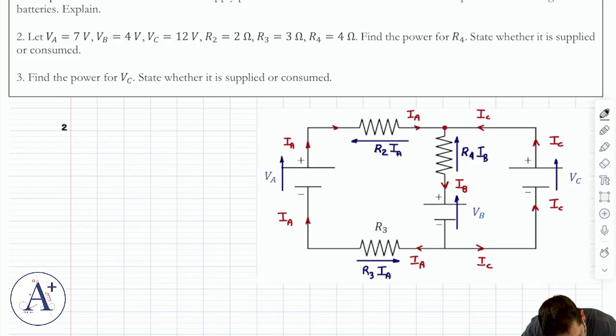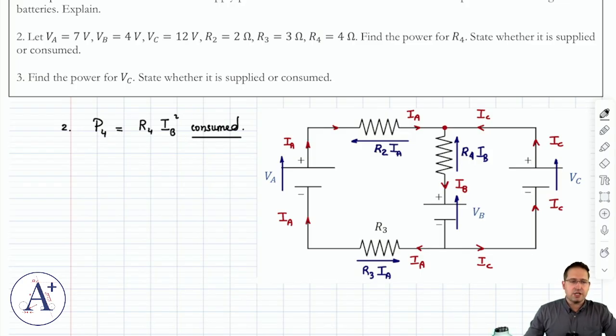And then if I need to find the power consumed by R4, really I have to find IB, the current through R4. Because I'm going to argue that it's R4 times IB squared is what I meant. Okay, so P4, the power consumed by R4, is going to be R4 times IB squared. It will be consumed. Okay, so what it means is I have to find IB. Probably means I just have to find all currents, IA, IC, and IB. Okay, because